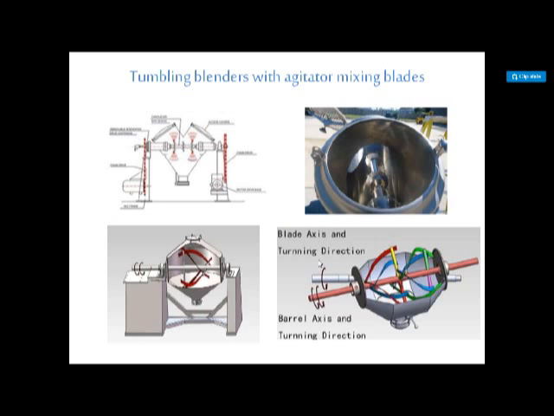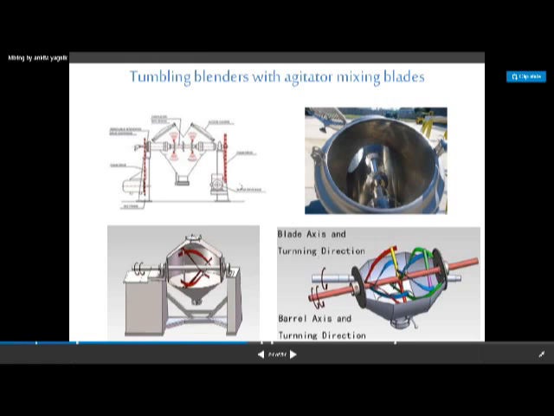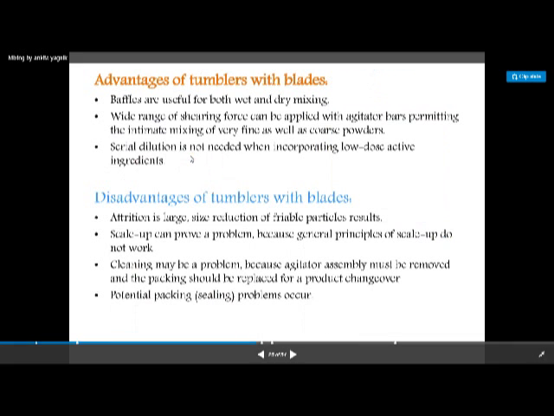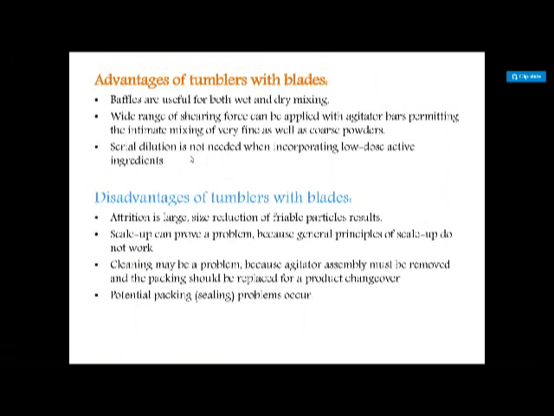See, these are again tumbling mixers, but these are with agitators. These are tumbling mixers, but agitators are fixed here. Before, we saw them without agitators. Now these have agitators: V-cone blenders with agitators. See here. Now what are the advantages? The mechanism of action will be the same. Other things are the same. Only there will be changes in the advantages with blades.